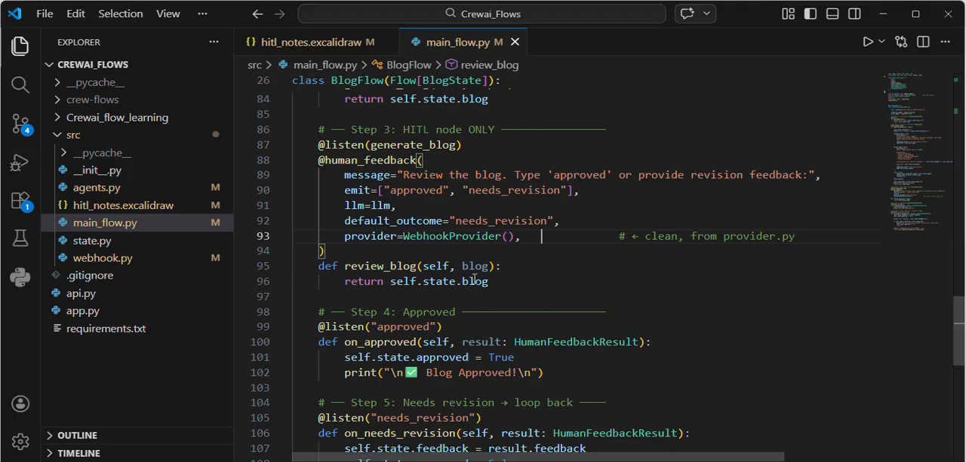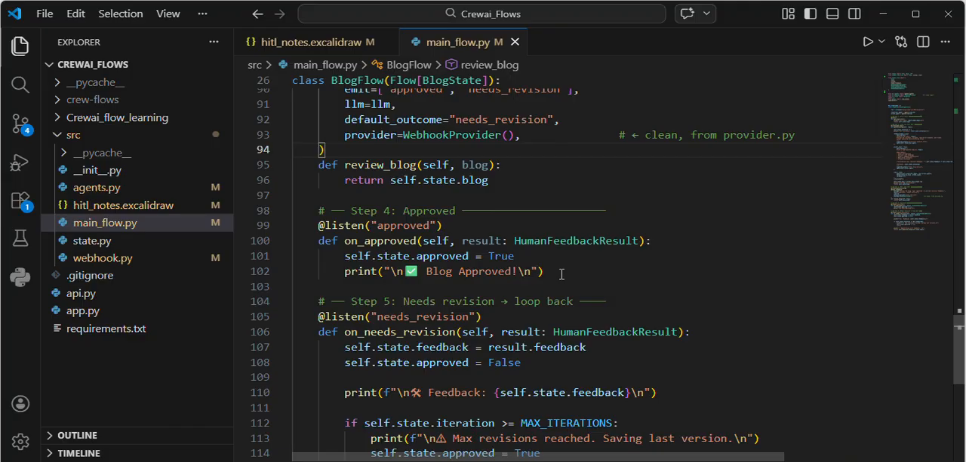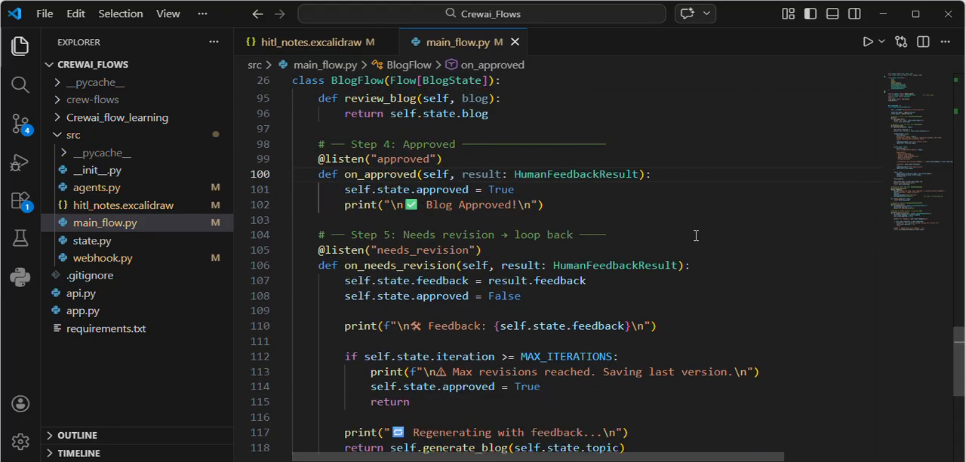And then, if you see here, the review block: I am giving this agent-generated output to the user and asking the user to give feedback based on the agent-generated response. If the blog is approved, I finish the flow execution. Otherwise, if you see here,